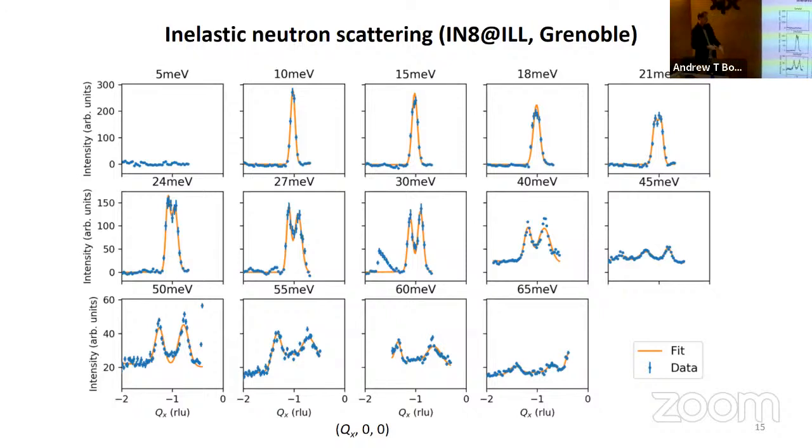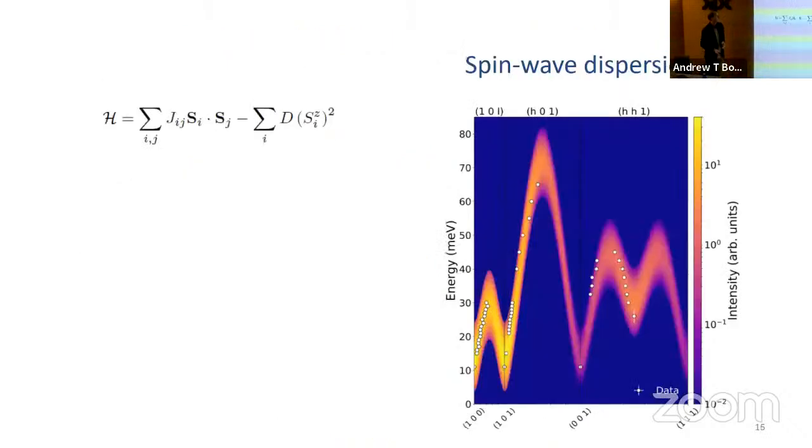If you do this in different reciprocal space directions, then you can build up a whole three-dimensional map of the dispersion relation of the spin waves. And that's what we have here. So this is a plot showing the energy versus the momentum in different symmetry directions of the crystal. And you can see there's the white points, the experimental points, and the background color is a calculation just using linear spin wave theory